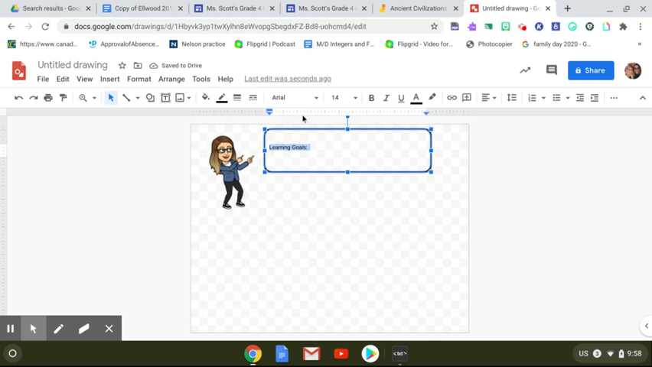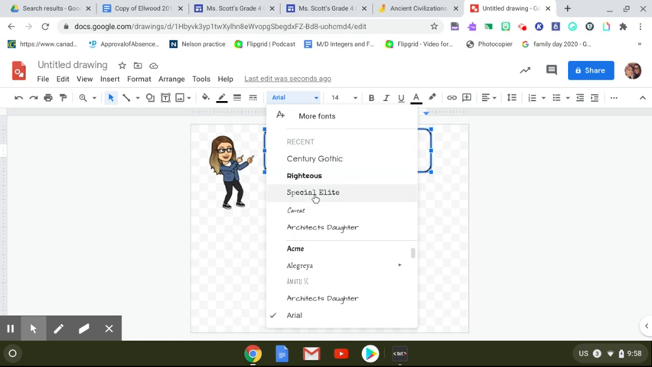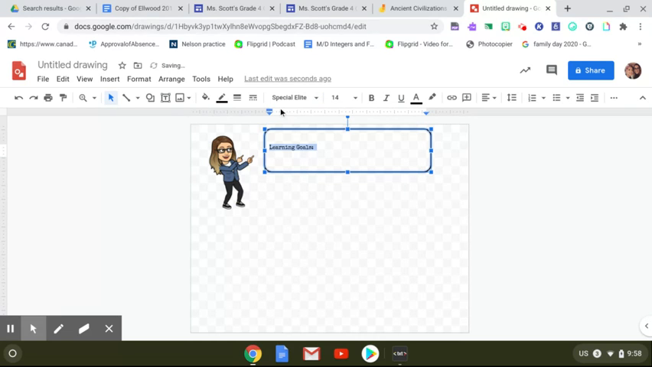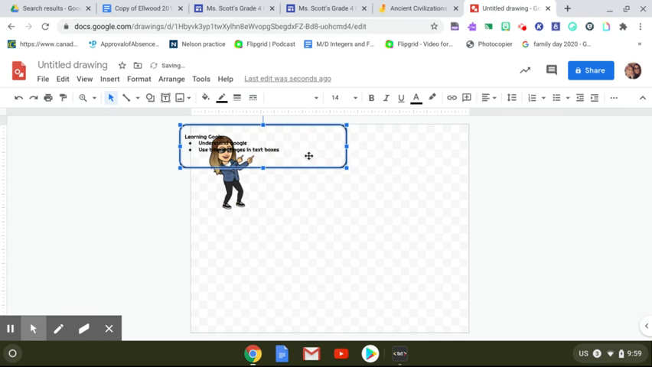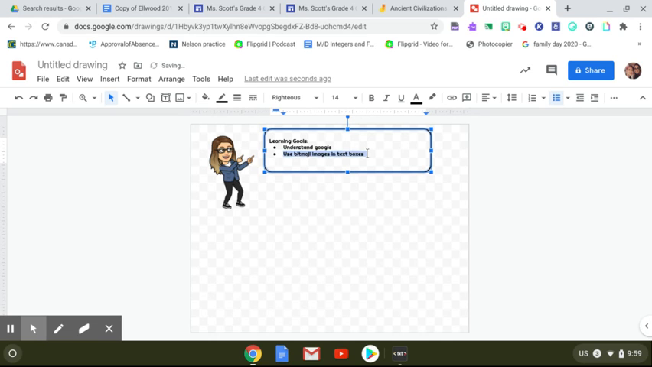Okay, so I've got my learning goals here. I love downloading new Google fonts. So I always find new ones that I like, and then I add them in here. So I could make multiple learning goals: understand Google Sites, use Bitmoji images and text boxes, whatever. Okay. Now, what I would do if I were you is